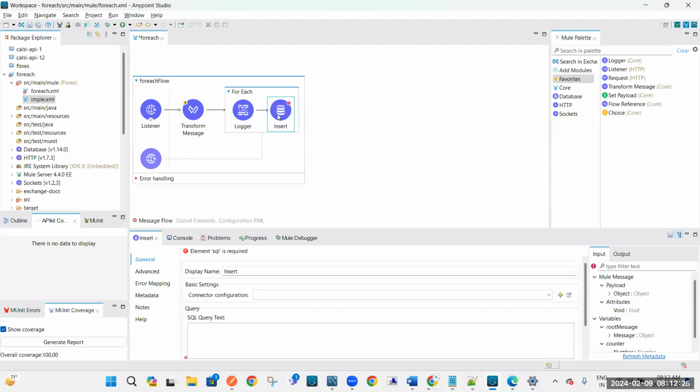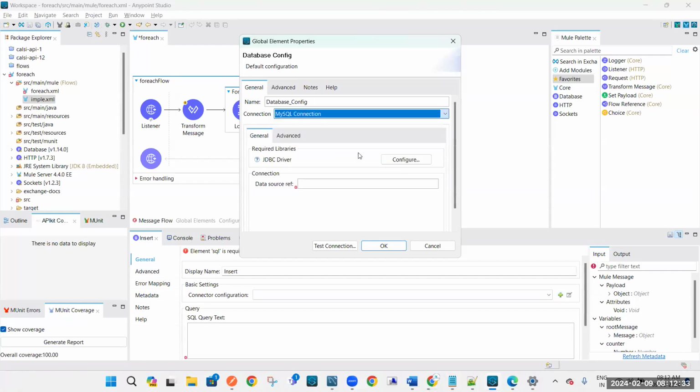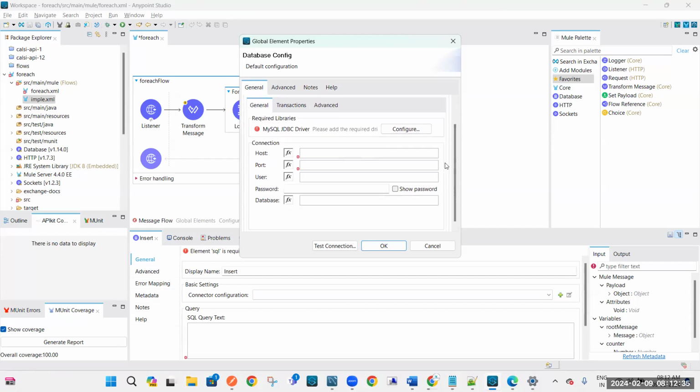So let's say now I want to connect with this database. I'll click on this plus button, go here, and click on MySQL. Here we need to provide all these details: host, port, username, password, database, and JDBC driver also, MySQL JDBC Java database connector. All these things we need to ask